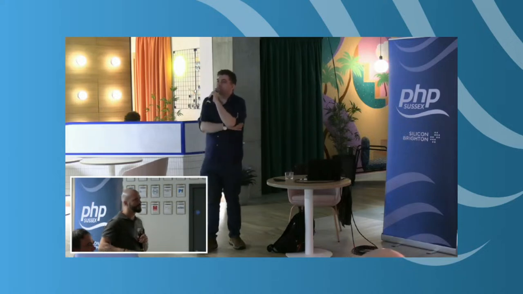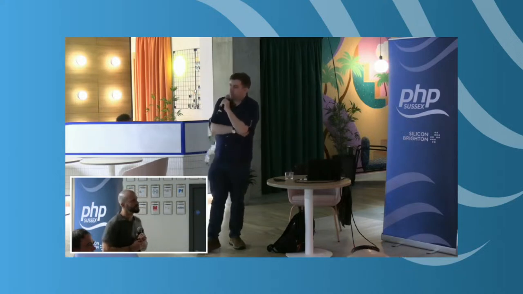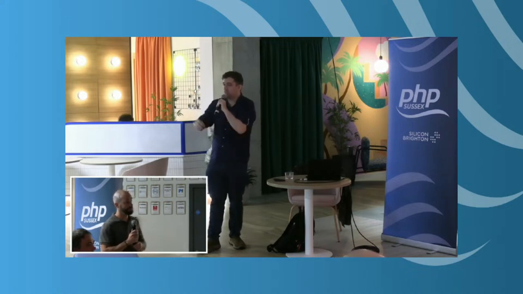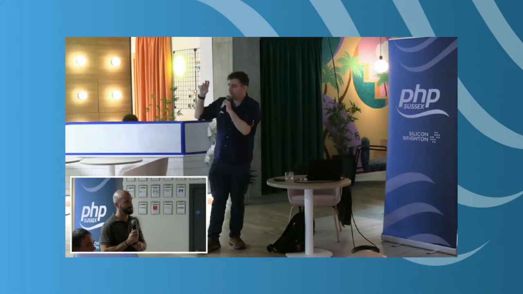I will say one of the cheeky ways I got started writing rules myself was ChatGPT. It's very easy to give it a markdown block saying, I want this code changed into this code, can you write me a Rector rule?